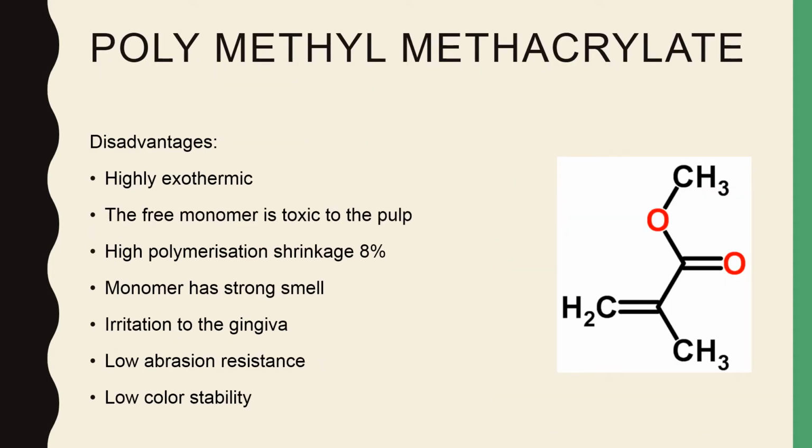The disadvantages of polymethyl methacrylate are: it's highly exothermic, and so if it's left on a vital tooth, it could lead to damage to the pulp, since the pulp is vulnerable to more than 5 Celsius increase in temperature. The free monomer is toxic to the pulp. It has a high polymerization shrinkage, which could reach 8%. The monomer has a strong smell and could irritate the gingiva, and it has a low abrasion resistance and low